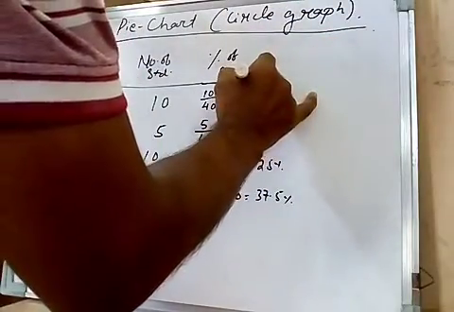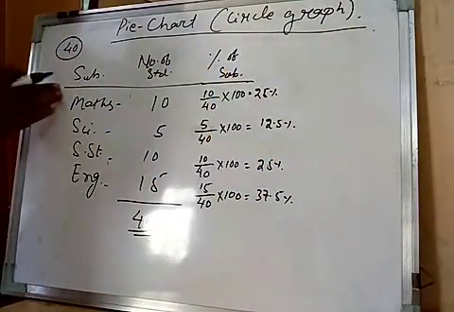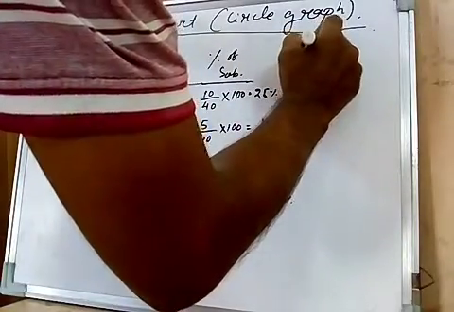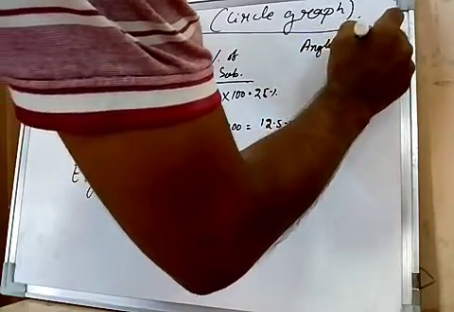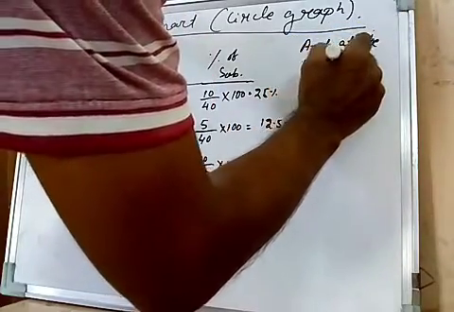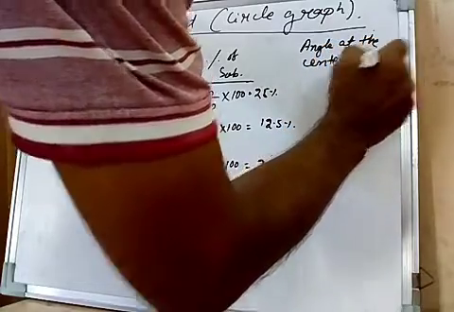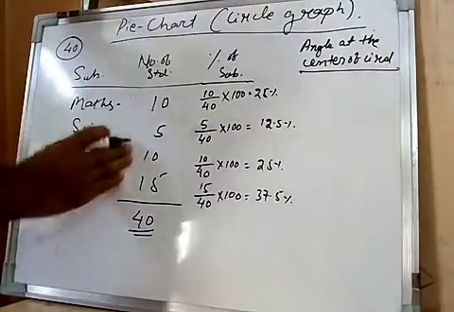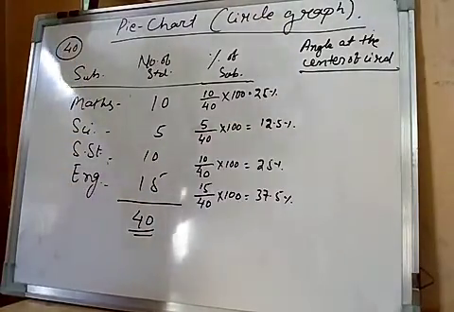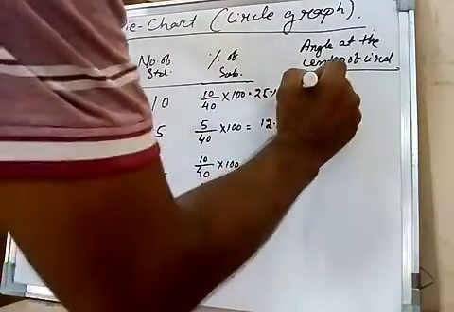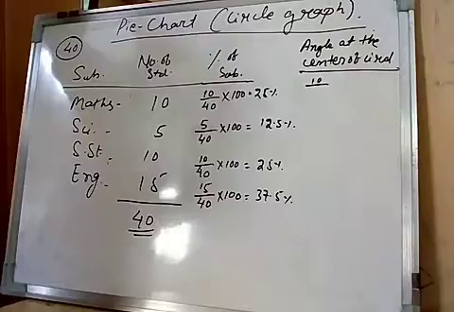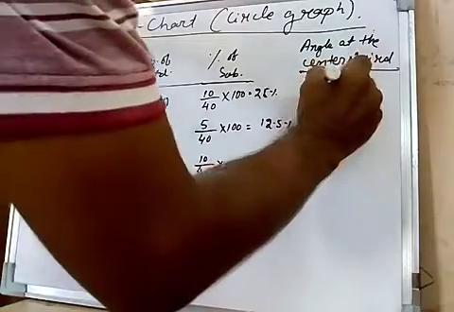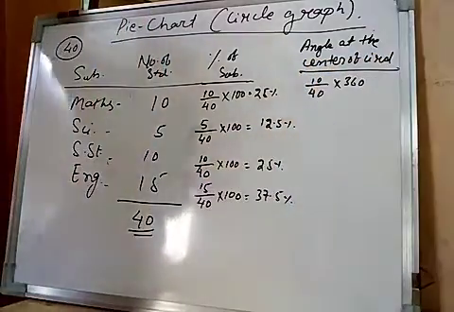This is the percentage of the favorite subject number of students. Now I will find out in the pie, in the circle, which subject occupies how much angle. So here we can say angle at the center of circle. Total angle in the circle is how much? 360 degree. And I want to convert this quantity into angle or angular portions. So total number of students 10, those who like maths, out of total students 40, I want to find their angle. So total angle is 360, so I have to multiply by 360.